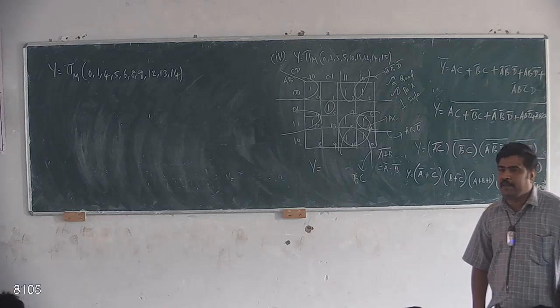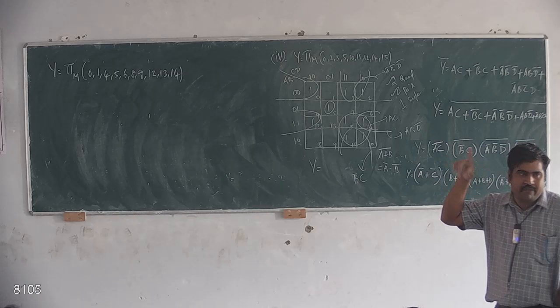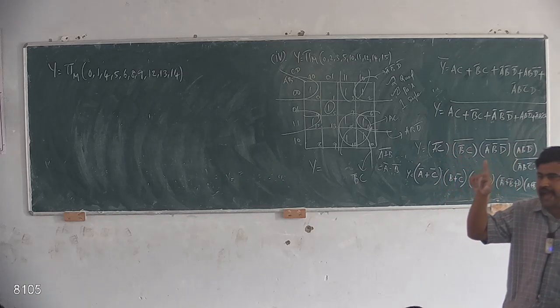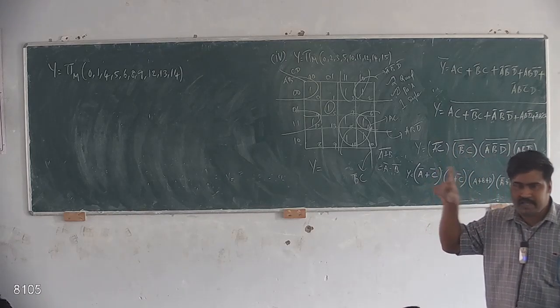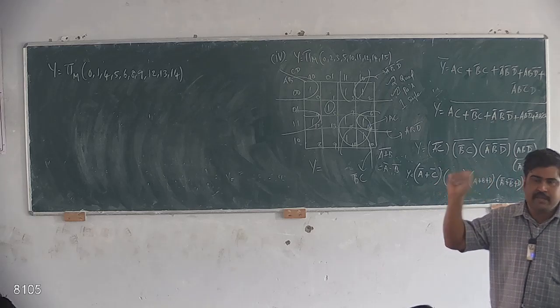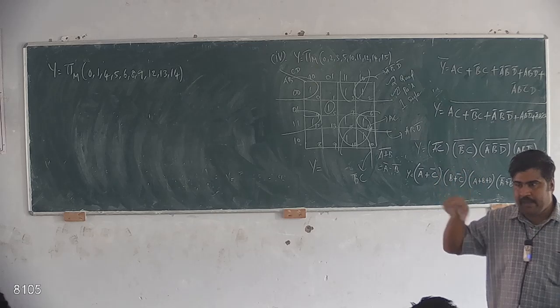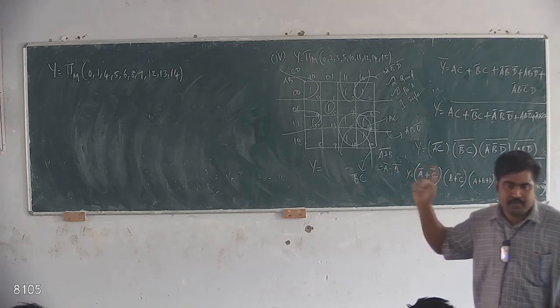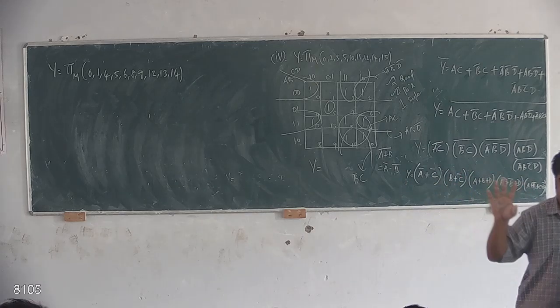So only this is applicable when they are giving the capital pi value. Okay. You should be very careful whether they have given summation m or capital pi. Summation means the usual procedure. Capital pi means we need to do another step extra. So whatever answer is obtained, you need to take the complement for that.